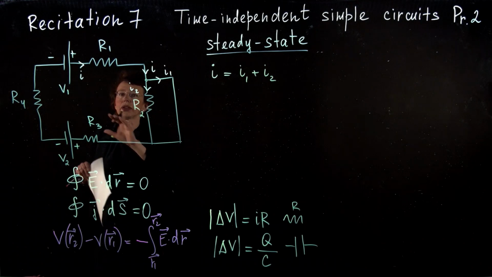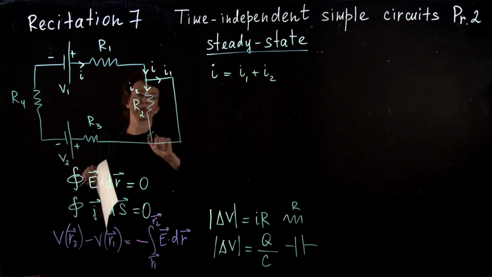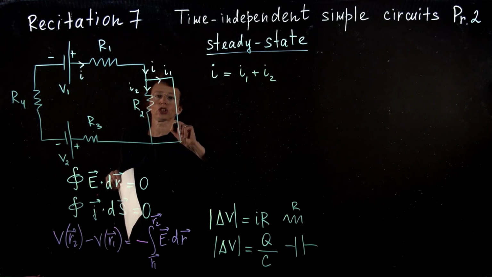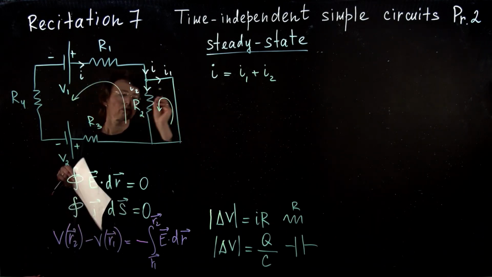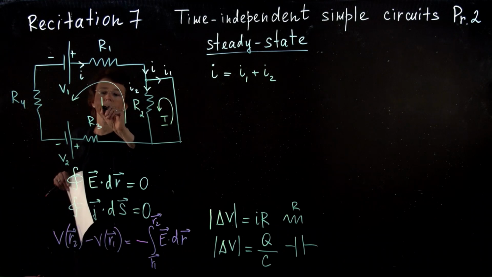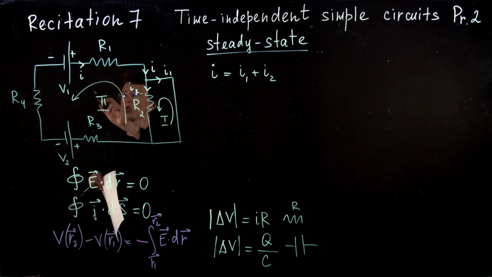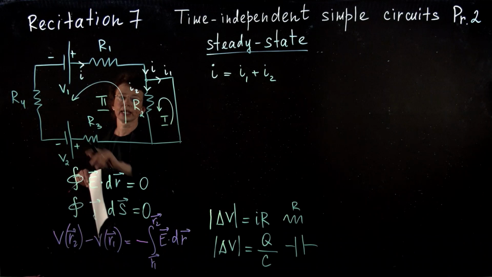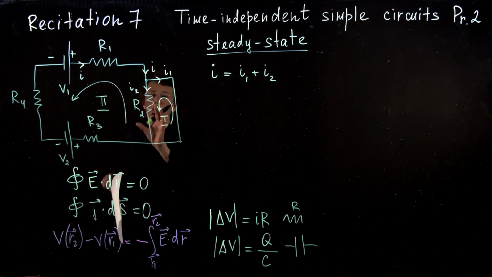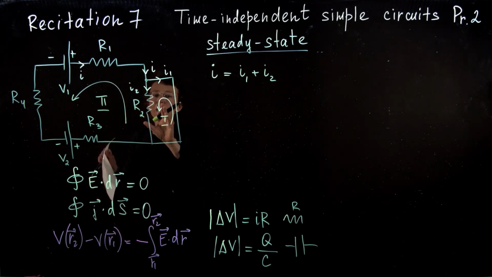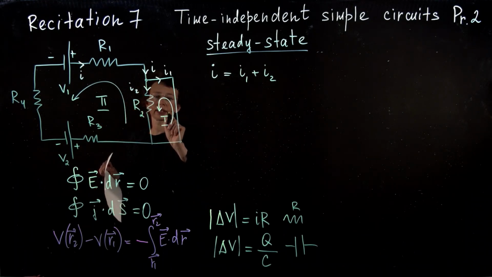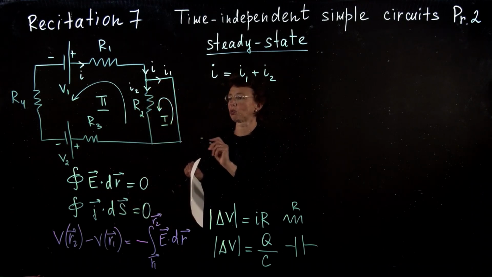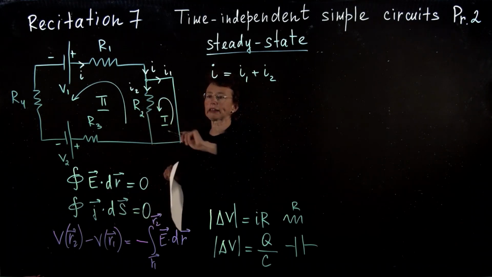We have currents, there are no capacitors, so we skip that step. And now we need the direction in which we will go around the loop. So let's have this direction counterclockwise for a change. This is loop 1 and this is loop 2. There is also loop 3, but we know that the number of independent equations is the number of loops minus 1, which in this case is 3 minus 1, so we can consider just 2 loops. Let's choose loop 1 and loop 2.